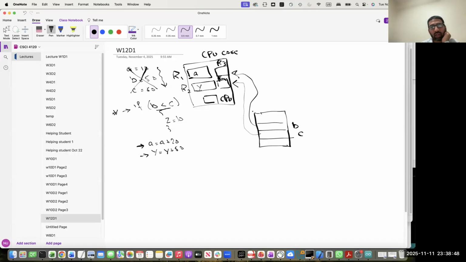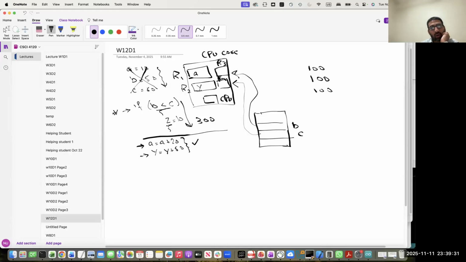Let's say I'm assuming that reading one of them, for example B into R3, takes 100 cycles. So it will take 100 cycles for reading B into R3, and the next 100 cycles for reading C into R4. And then maybe you also need to write the value of Z into memory, right? Let's say that is also taking 100 cycles. It means that after 300 cycles, you will be able to execute these instructions, right? These instructions must wait for 300 cycles, and after that they can be